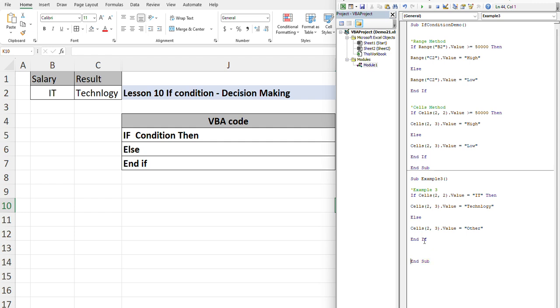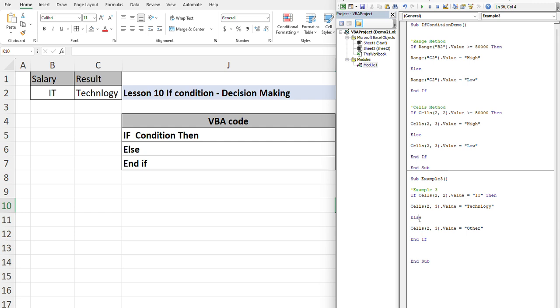This type of decision-making is extremely useful in Excel automation. We can use it to identify high-value transactions, mark employees based on performance, highlight overdue records, categorize data, and much more. One important thing to remember is that if, then, else only makes a decision. Later, when we combine it with a for next loop, we can make that decision for hundreds or thousands of